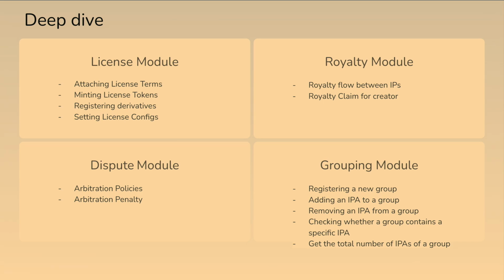Lastly is the grouping module. For a lot of NFT collections, you can imagine you have a lot of IPs. You want to register them and then share the royalty of that collection. But certainly before the grouping module came out, it was very hard because you needed to register and interact with each single IP asset. But with the grouping module, you just add all the IP assets into that group and directly interact with the group as an instance rather than IP assets as instances.